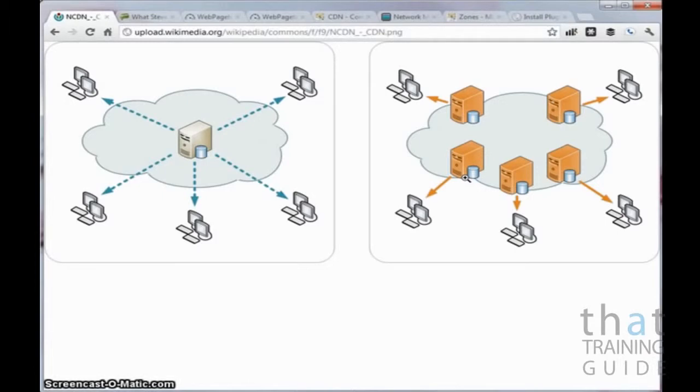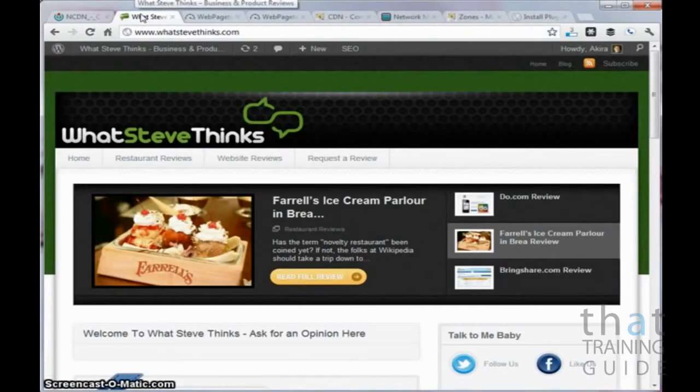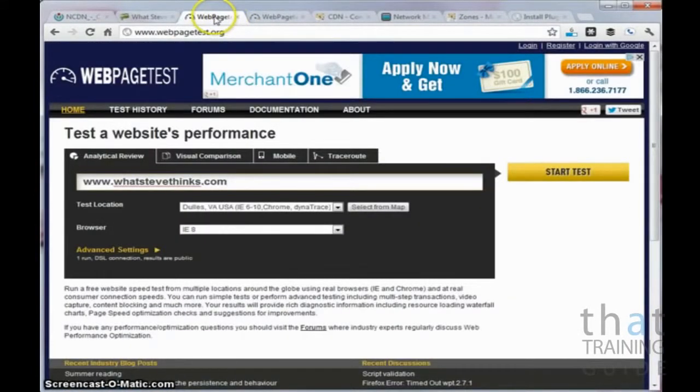So we're going to implement this CDN on a blog that is powered by WordPress. Here we have a blog called whatstevethinks.com. Like I said, it is a WordPress powered blog. The entire site is powered by WordPress, and that makes it much easier to implement a content distribution network. What we're going to do is first look at some metrics before, and we can run a